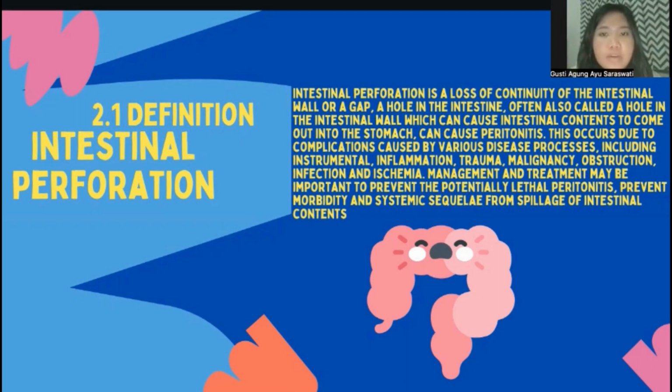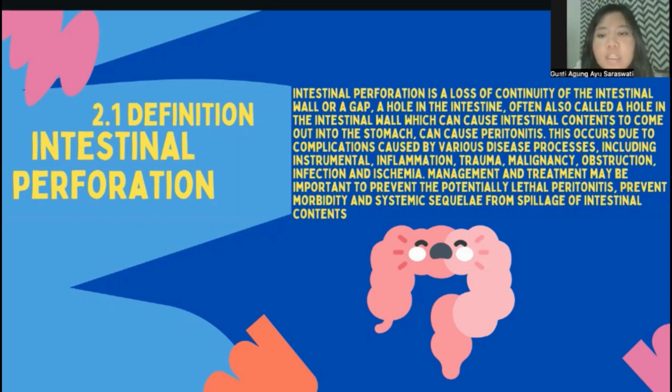Hello, my name is Gusti Agung Saraswati. My last digits number 056. Now I will explain about the definition of intestinal perforation. Intestinal perforation is a loss of continuity of the intestinal wall or a gap, a hole in the intestine,